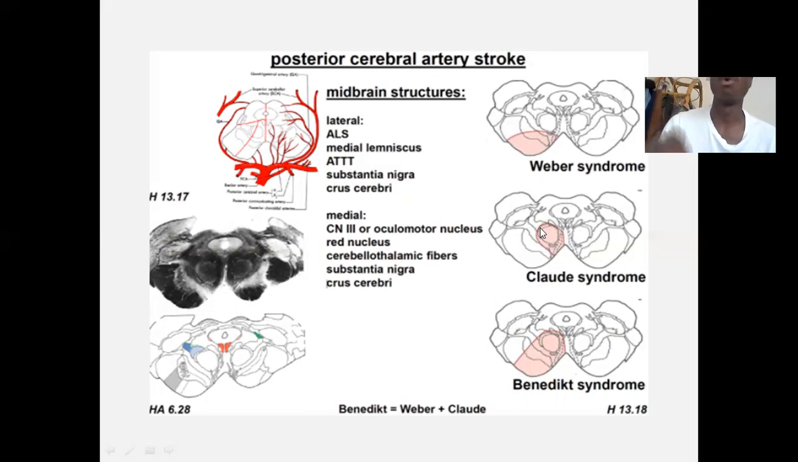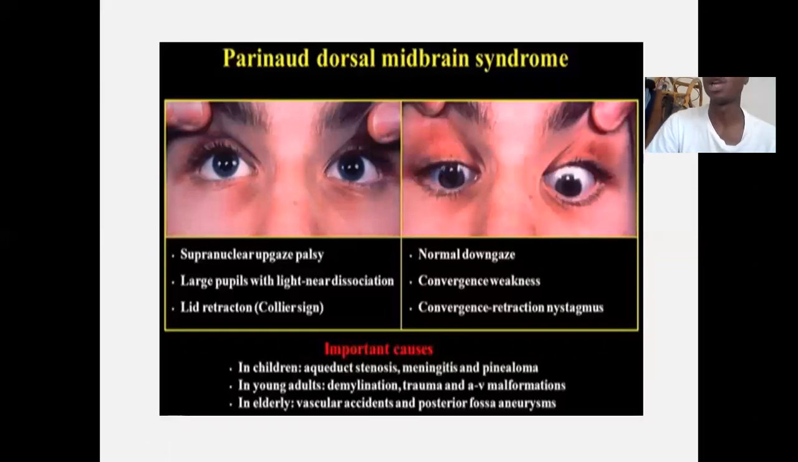So the lesion is more at the red nucleus, but you may also include the third nerve, which is your oculomotor nerve. Then you have what is known as Parinaud syndrome. This is when, in cases of a pinealoma or a pineal tumor, it may compress the superior colliculus. And if you compress the superior colliculus, you may actually affect the pretectal nucleus, as well as the interstitial nucleus of Cajal,